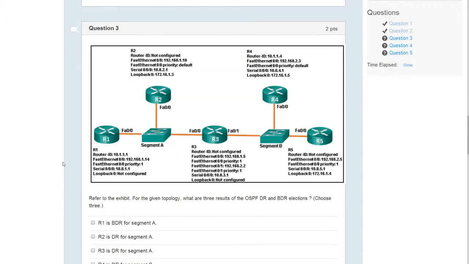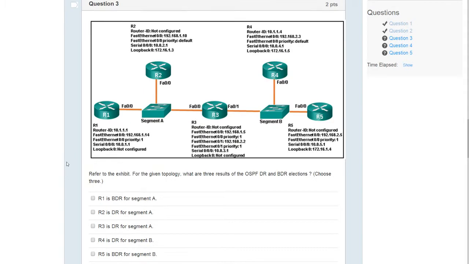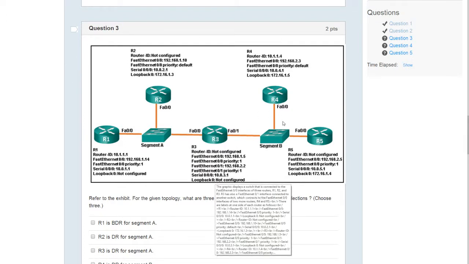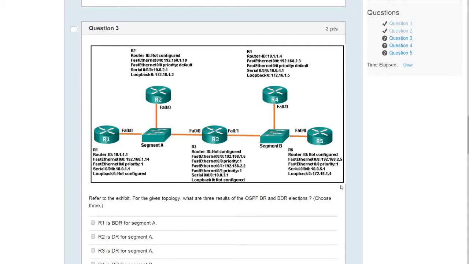Let's do another example. This one's a bit harder because all the priorities are set to 1. So we need to use the router IDs to determine the results of the election process. The router ID for this one is going to be 10.1.1.1. On this one, it's going to be 172.16.1.3. And on this one, it's going to be 192.168.2.2. So out of all of these, the one with the highest router ID is going to be